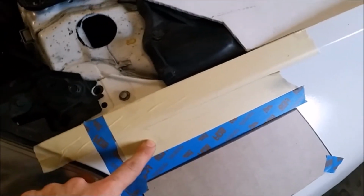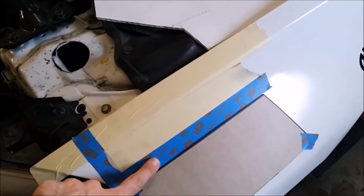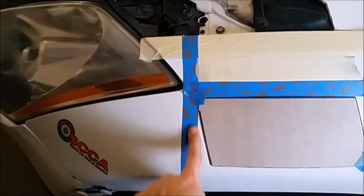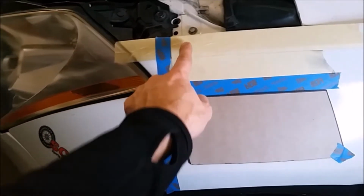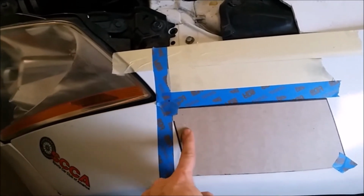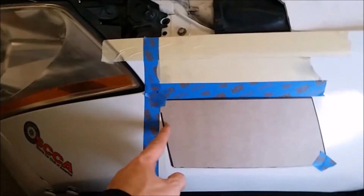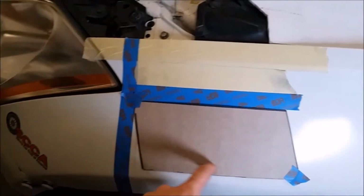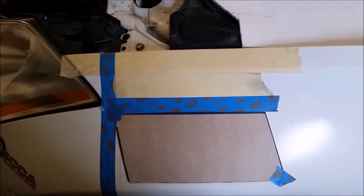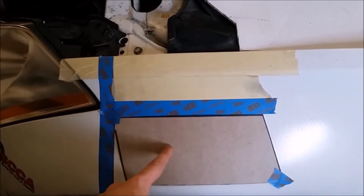Using two pieces of tape as a spacer and then one of the smaller tape made it easy to match the passenger side to the driver's side. So just bring this line straight down, put these three pieces of tape, and I know how far up or down it needs to be and how far forward or back it has to be. Then I'm going to trace around this cardboard cutout, cut it off with an angle grinder, take the piece out,